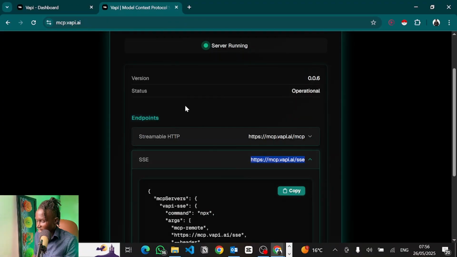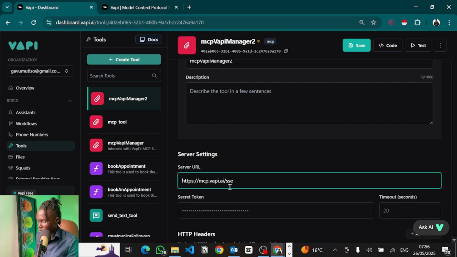But here's the thing, when I was doing some tests, for some reason, my streamable HTTP URL wasn't working perfectly at that time, so I went with SSE for now. But just know that streamable HTTP is the way to go most of the time. So ensure you check with the client and see if it's able to accept working with streamable HTTP and go with that. So I'll take my SSE URL over here, then go back to Vapi,